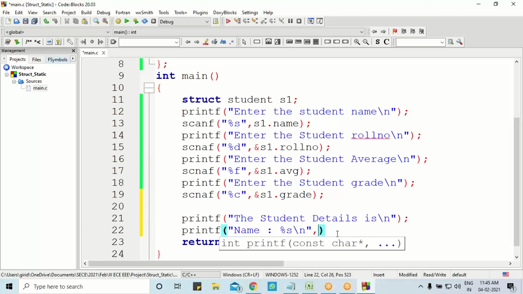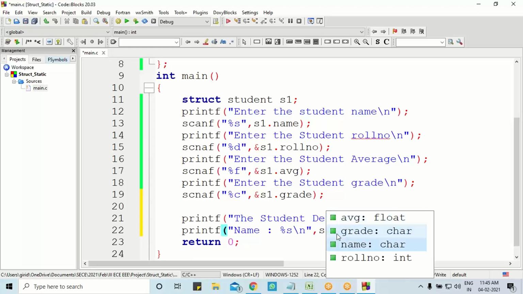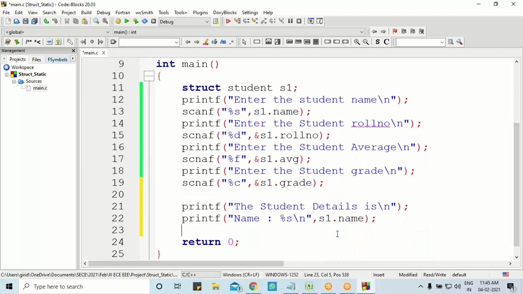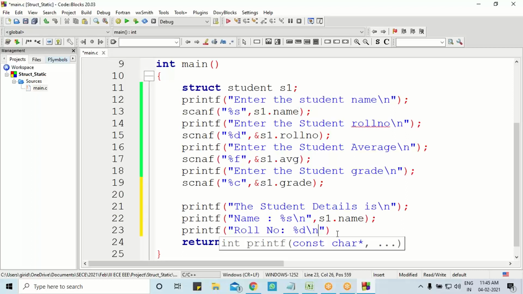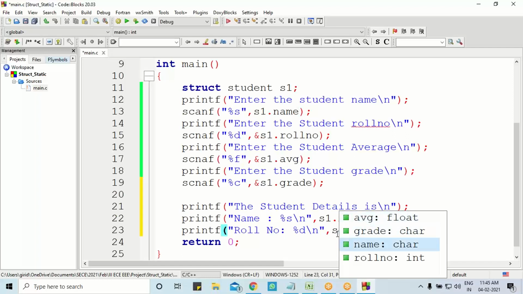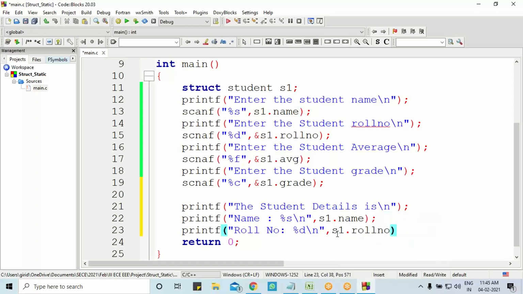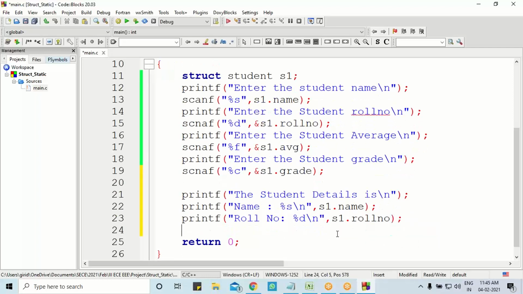So there is going to be s1 dot name, and then printf of roll number. That is going to be percentage d slash n. Slash n is to represent a new line. So that's it. Roll number,